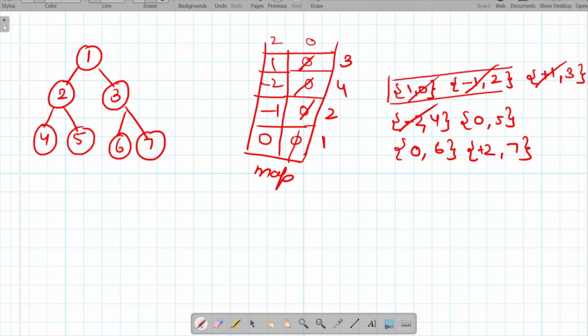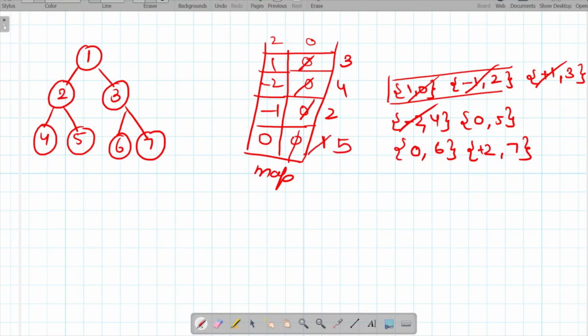If you remember, while doing the top view traversal of a binary tree, whenever we were checking, if the value at a particular position is 0, then only we were going to update it. If the value was already changed, we were doing nothing in that case. But here we are simply going to update every value. We will not check if it is 0 or not. We will simply update it, whatever value is coming to us. For example, here it is saying update 0 with value 5, so we just simply update it.